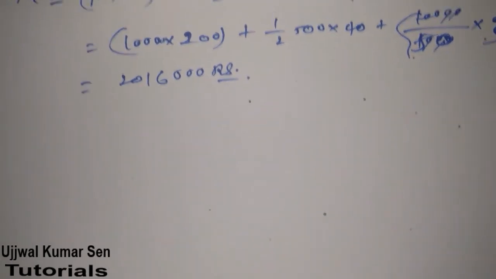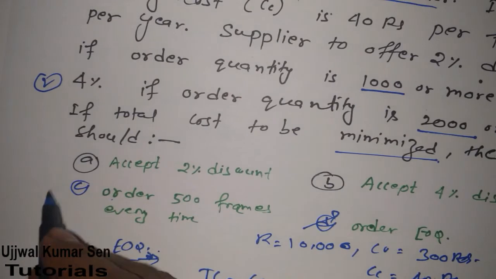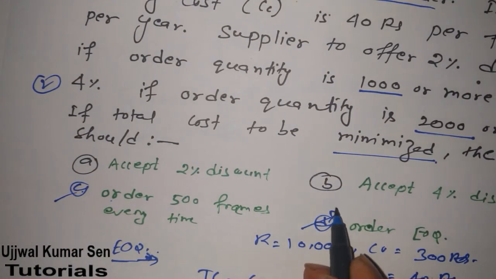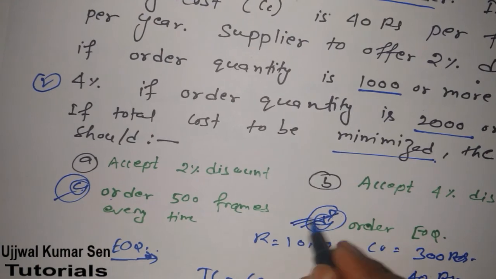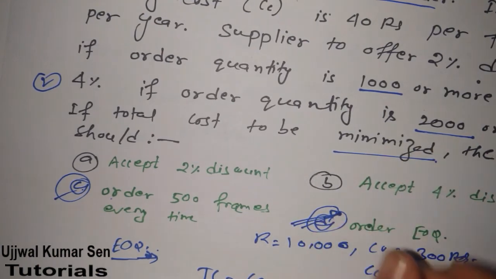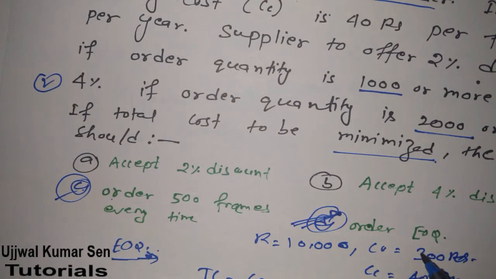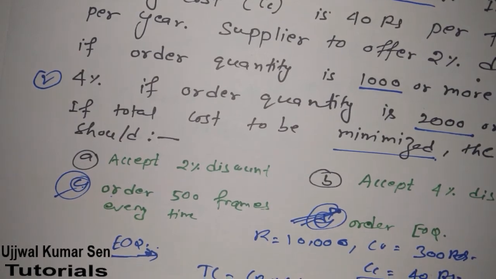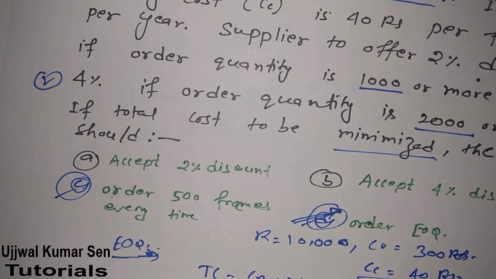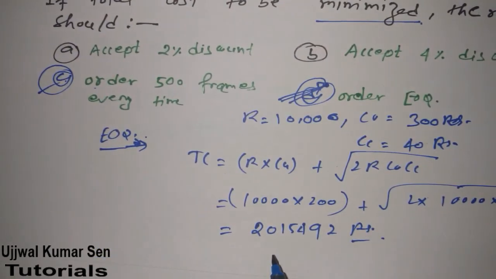Now let's go for the next option. What we have done till now is we have calculated option C also, and after calculating both options, we got that D is the most preferable according to the retailer, because we can get the minimum cost here at condition B, by how much rupees? It's 508 rupees. Because the answer here is 20 lakhs 15,492. So 1000 minus 492 is 508 rupees. Now we have to go further according to what they have asked in the question.